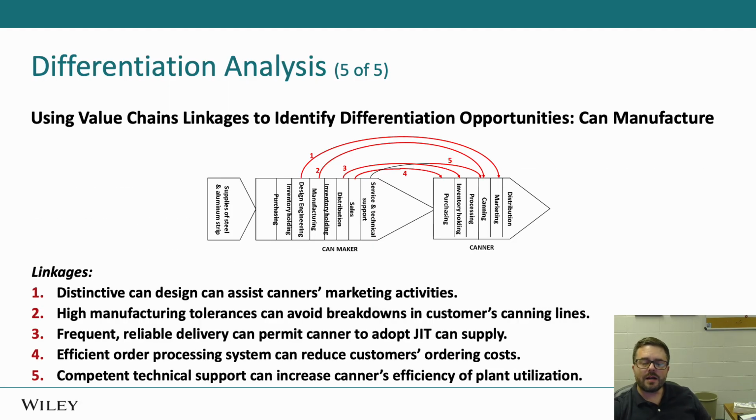This is an example of how an industry further back in the value chain can still use a differentiated strategy. So you might think that if you are a manufacturer providing what's called an intermediate product, can you still be differentiated, or are you doomed to compete on price? Well, the example here is the can manufacturing industry, which just provides cans to firms producing food or drinks. And the idea here is, well, you still can have a differentiated strategy, either by producing a higher quality product or input for your business-to-business customer,